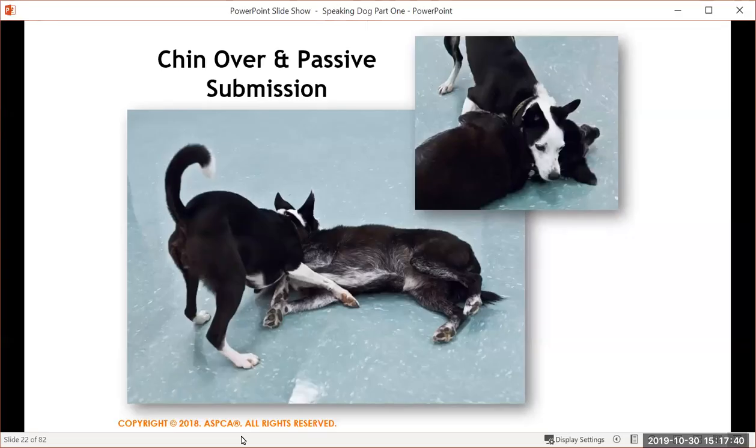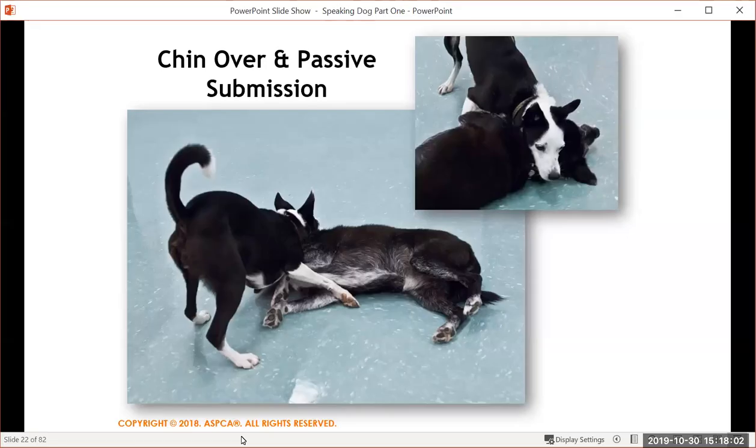Whereas a submissive dog is much more likely to have its ears back, have an averted gaze. His mouth may be open or closed, depending on the circumstances. Usually the tail is low, and usually the body is small, sometimes hunched to appear as small as possible. And again, as I mentioned, you'll often see a raised paw.